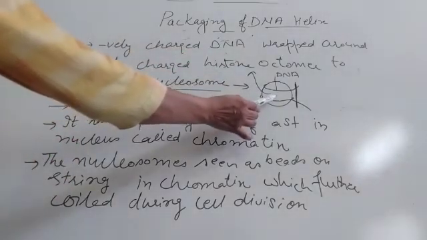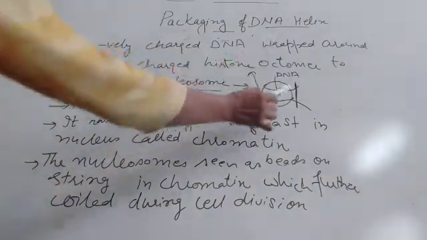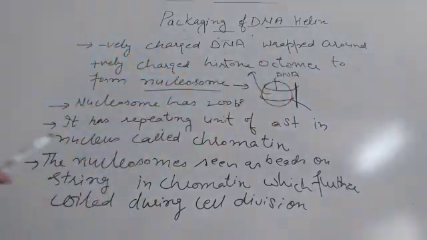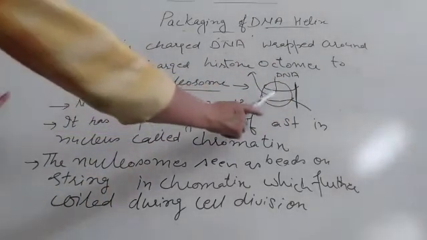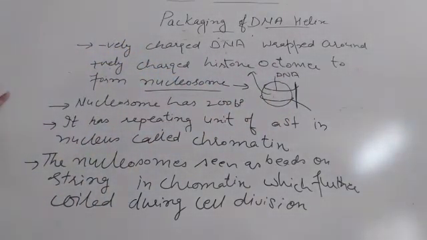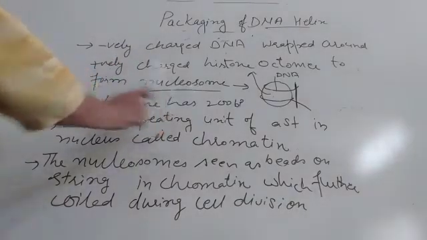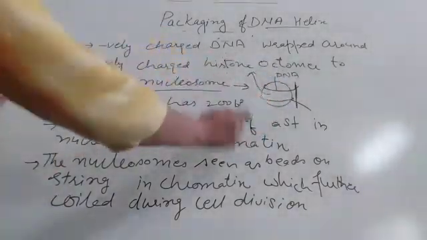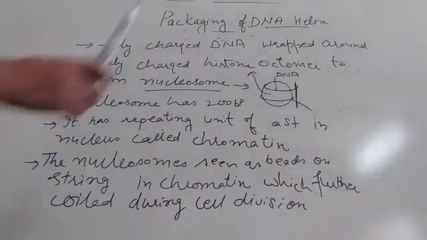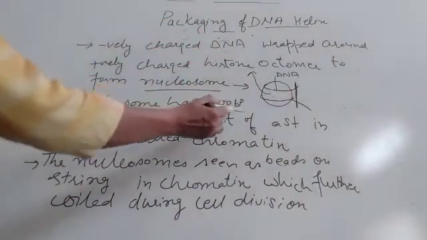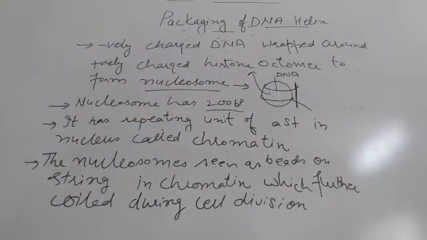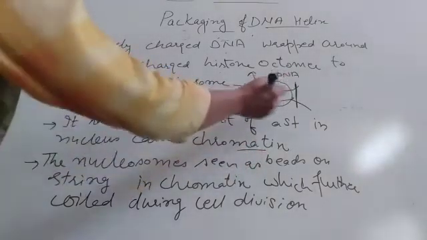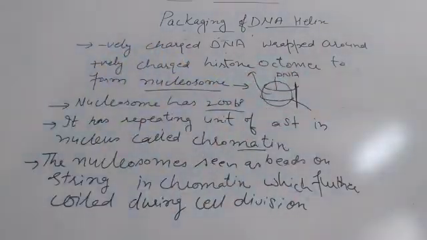This central ball is histone octamer, and on that this DNA is wrapped. This is negatively charged DNA, and this ball is positively charged. Clear? Octamer to form the nucleosome. अब ये पूरा जो structure है, this is one nucleosome. And one nucleosome has 200 base pairs and it has repeating units of a structure in the nucleus, and we call it chromatin. ऐसे wrap कर करके एक लंबी सी chain बन जाएगी and we call it chromatin, right?